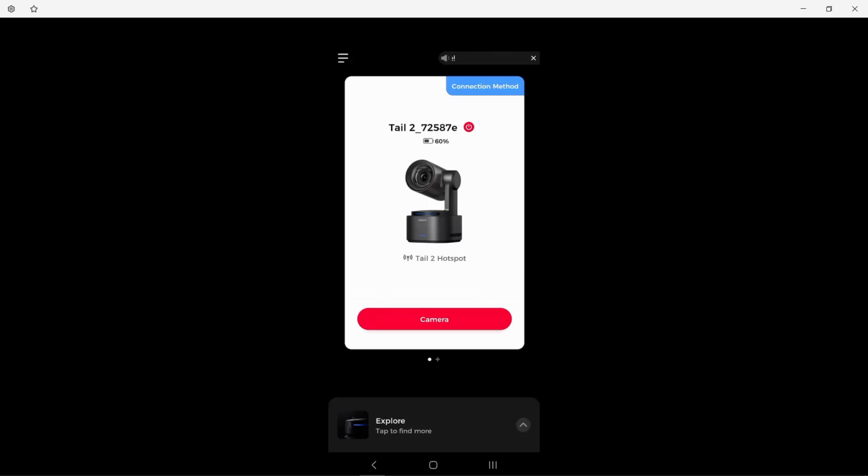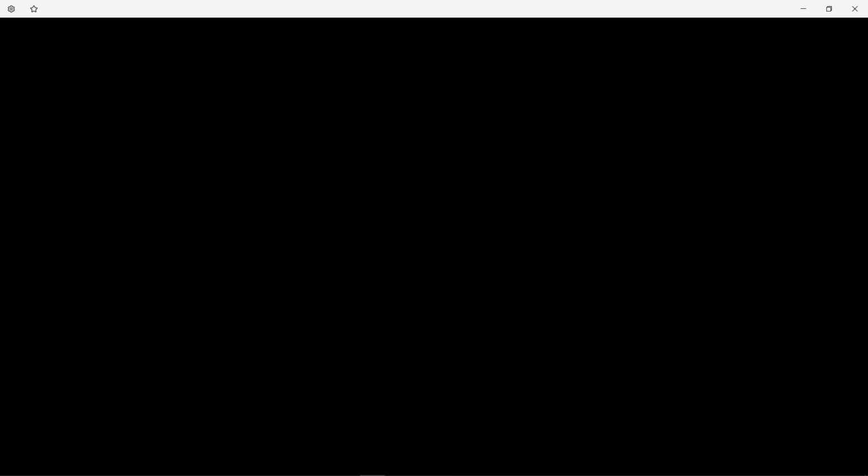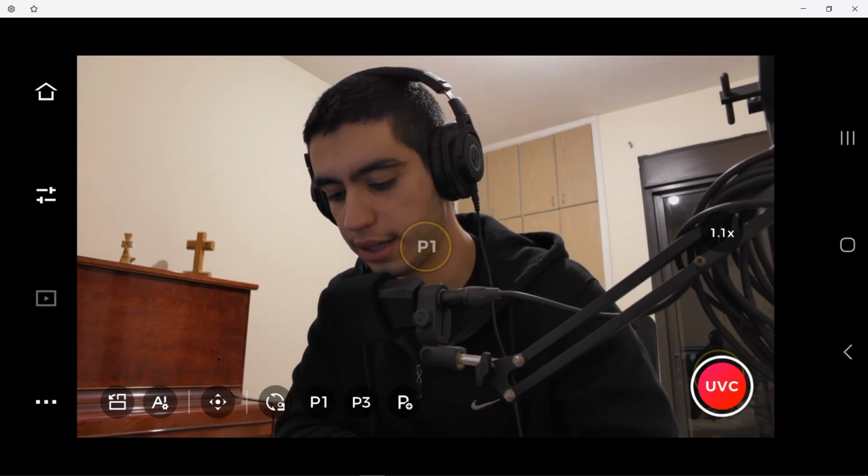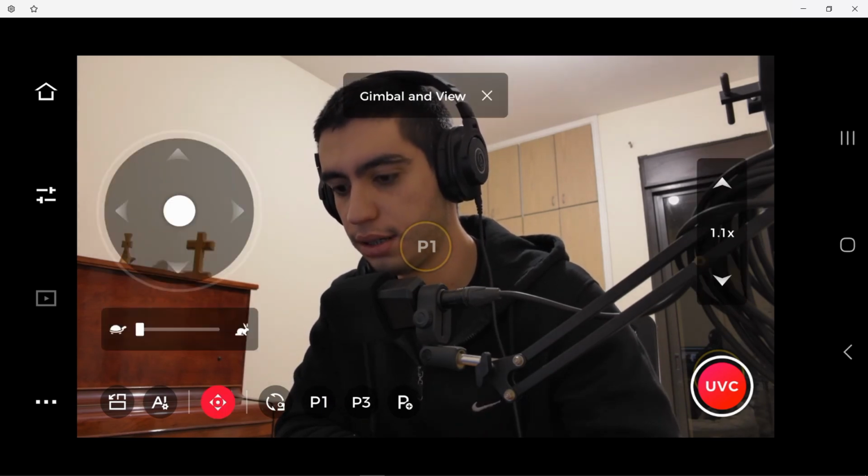Play Store. I'm in the app, I'll click on connection method and go to cellular data because that's always going to be faster than Wi-Fi. And this is not using any of your internet, it's just connecting to the hotspot of your phone. So I'm going to click on camera and it connects. If you want to move the camera, you can click on the gimbal down here and you